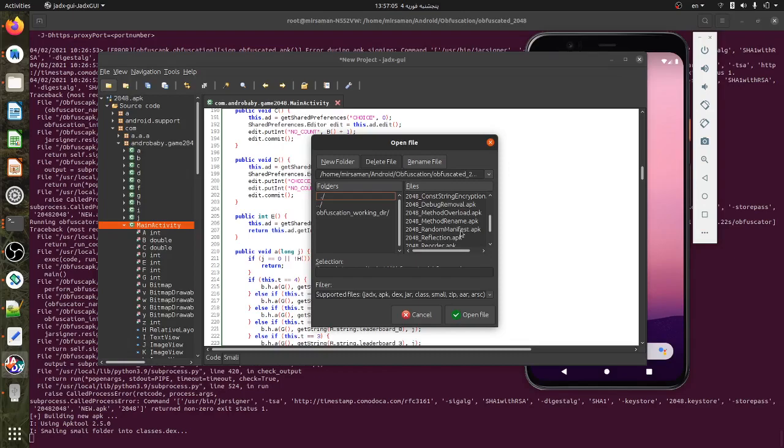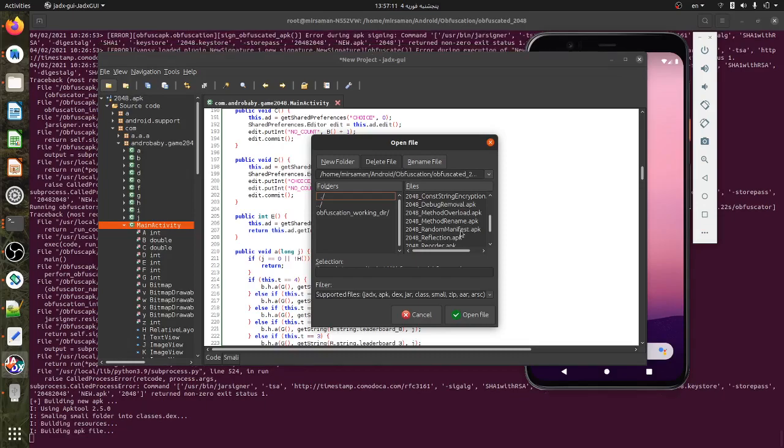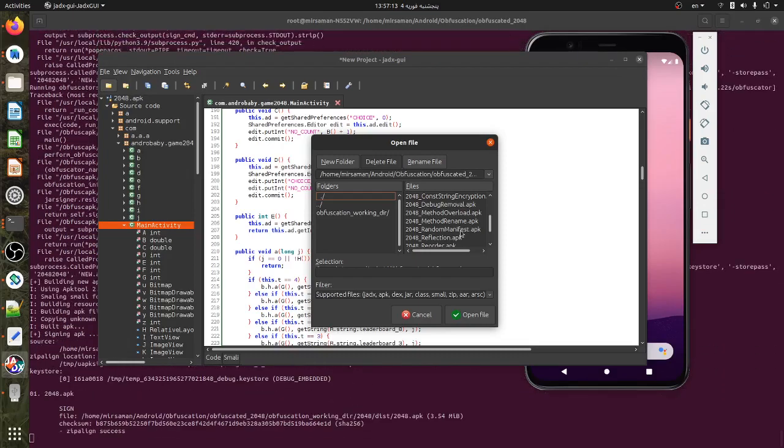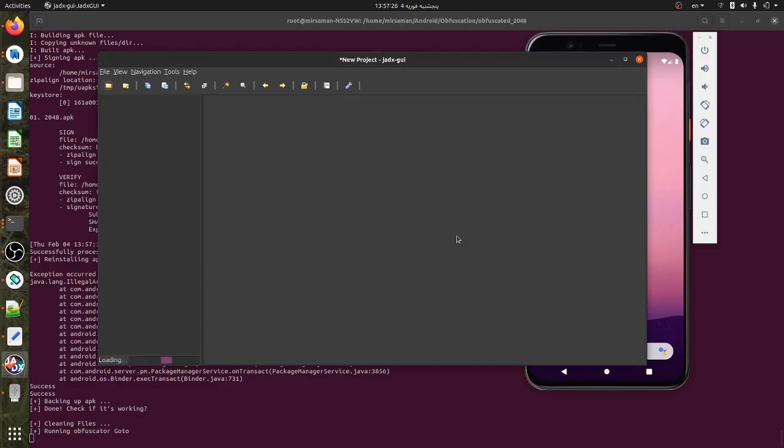Waiting, still waiting. Where is field rename? Okay. Field rename. Okay, here it is. There are lots of obfuscations applied on this file, and as you can see,